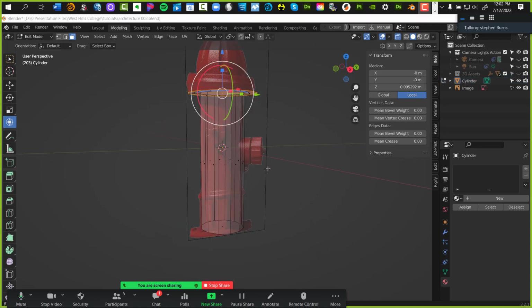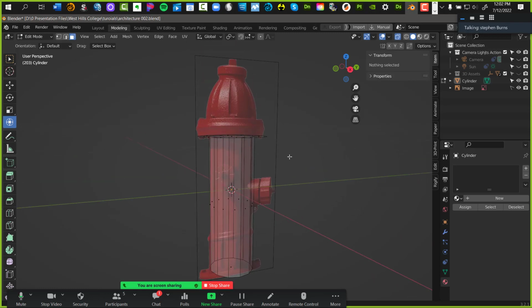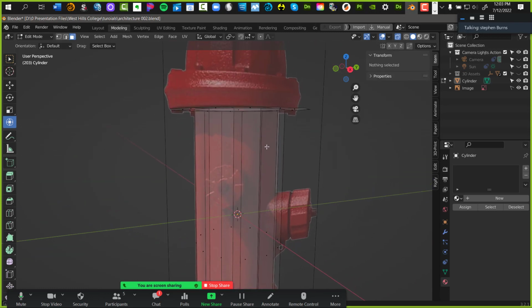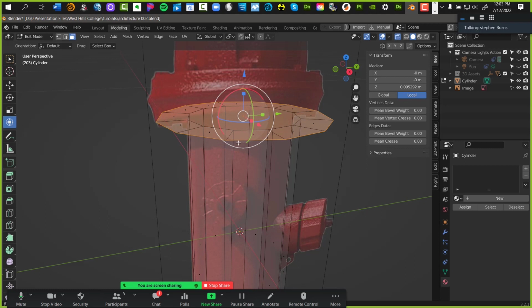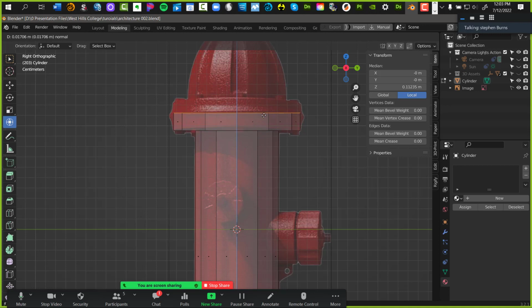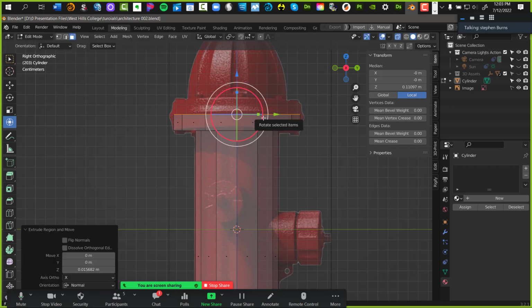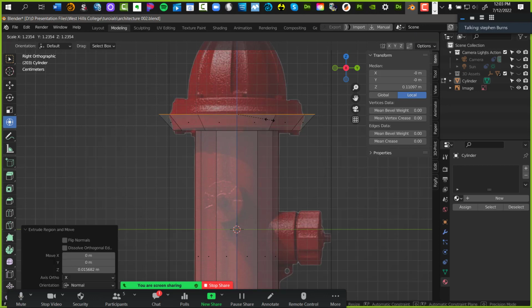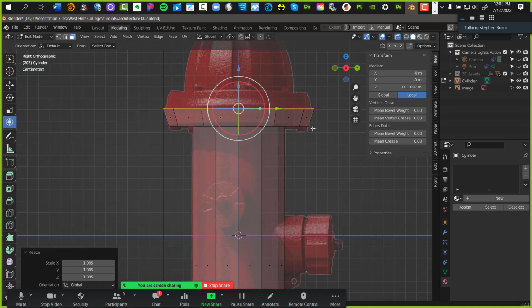All right, next we're going to go to the next step. Let's make sure that top face is selected. I'm going to extrude it upwards. Going to go to my orthographic view. E key for extrude. Stop where I think it should be, where it's going to subside. Click it. S key for scale. Pull it on out to match the angle of that piece. Okay.